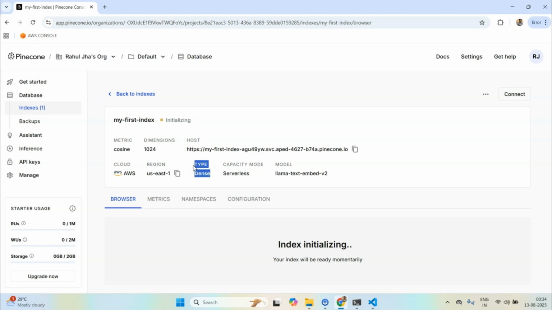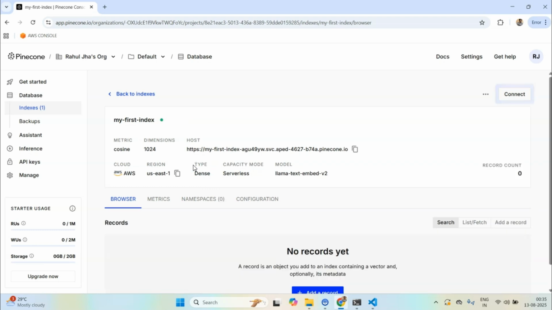The type of vectors that we have created are known as dense. Now if you have to compare them with something opposite, they are known as sparse vectors. And sparse vectors are used for keyword based matching, where we have to match exact words from the text, from the query. Here we are talking about semantic similarity, and in semantic similarity we get dense vectors. And how do we get dense vectors? We get those dense vectors from the embedding model. And how is the embedding model able to get a kind of semantically accurate vector? It's by something known as deep learning and neural based embeddings.